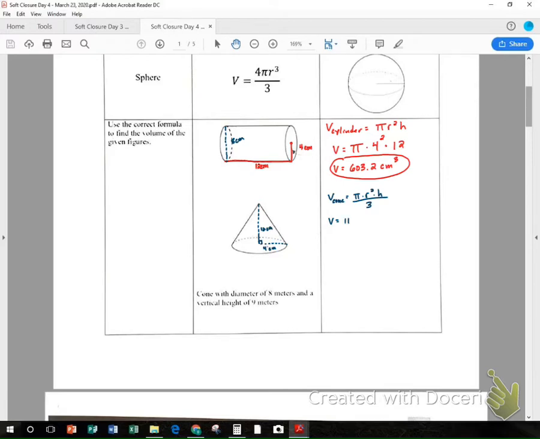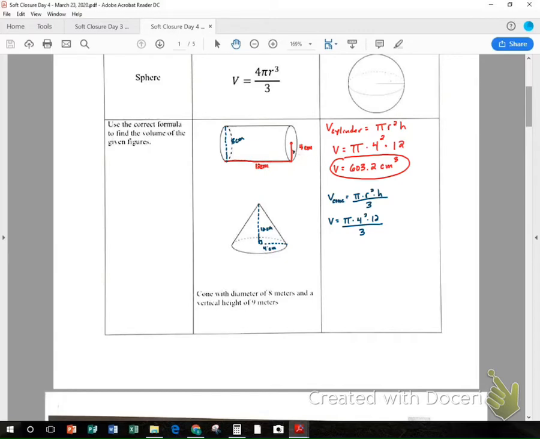Pi times 4 squared times 12, and then we have to divide by 3. Easy. Pi times 4 squared times 12, which we already know is 603.2, equals, divide that by 3, equals